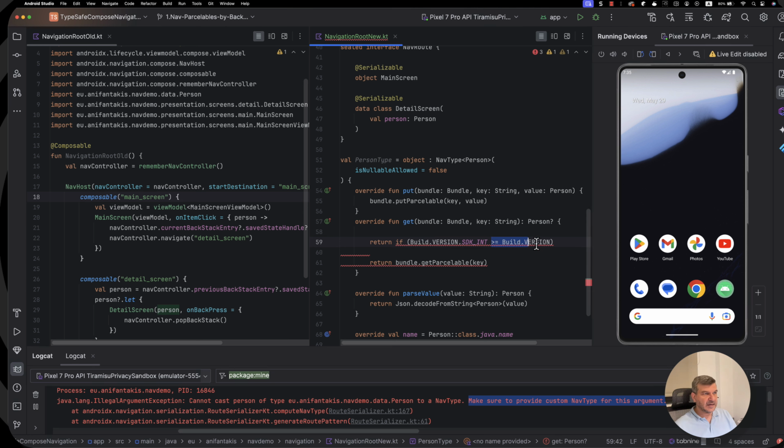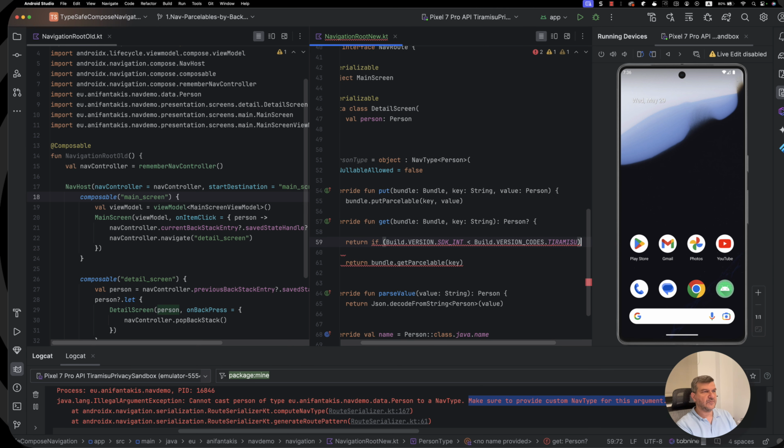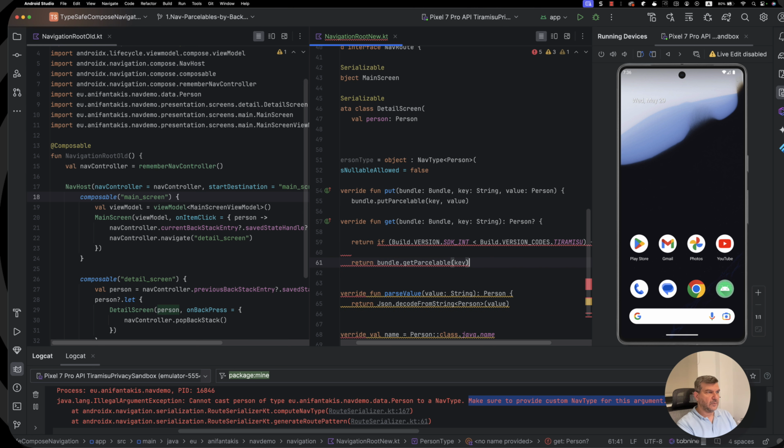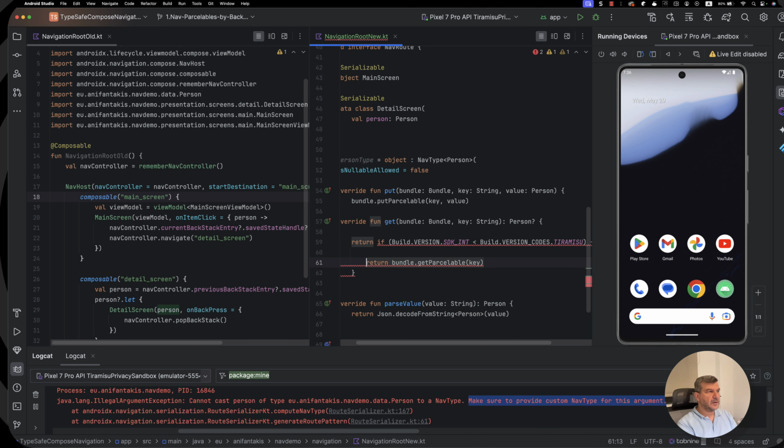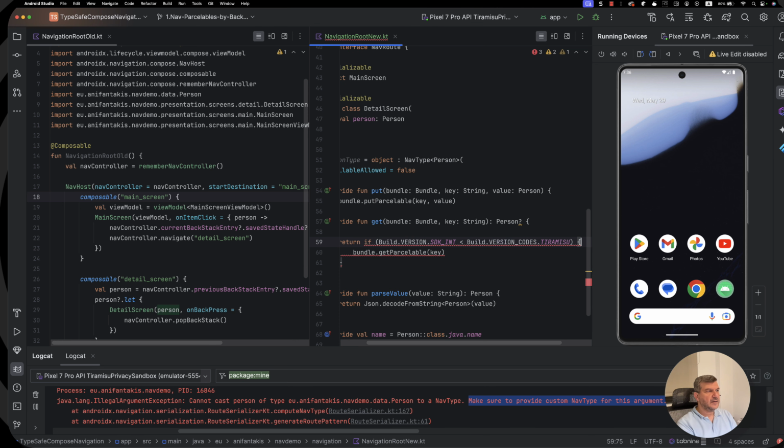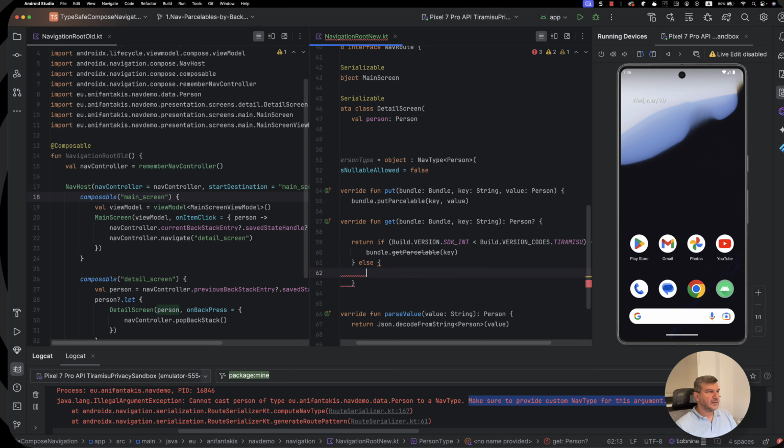is less than 34, or actually less than, let's call Build.VERSION_CODES.TIRAMISU, which is the same as less than 34, but it's a better way to put it. We will return this bundle, okay? Otherwise, let's put the same thing, but the updated version that also requires the class name, which is Person::class.java,